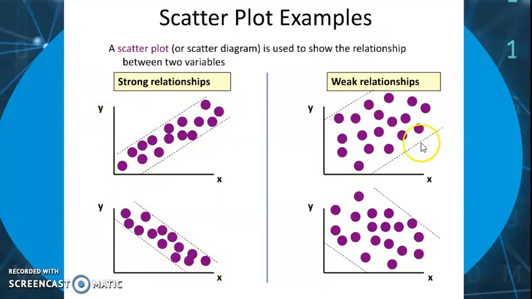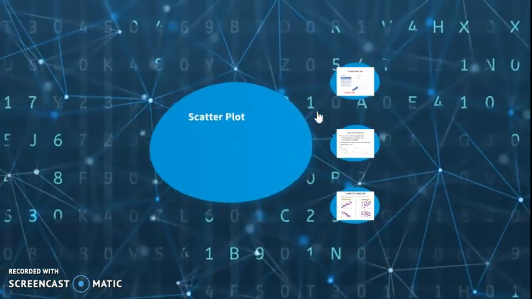When I come to the other side of the table, those are weak relationships. What I can see here is the data points are not closely packed, they are dispersed, and the span is a wide span. It has got no linear trend. So this is a weak relationship that is being shown out here. I hope, students, you are understanding the role of scatter plot in finding out whether there exists a linear trend in the data points or not.